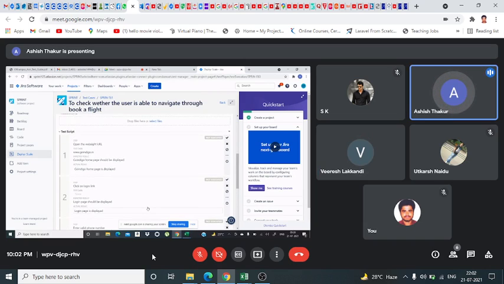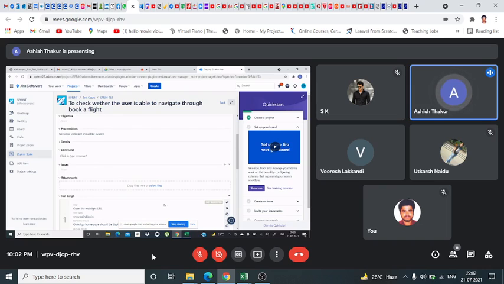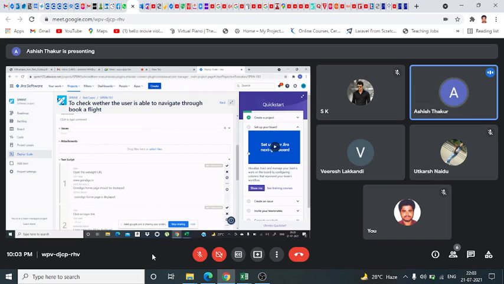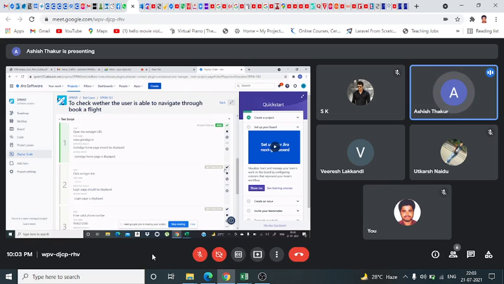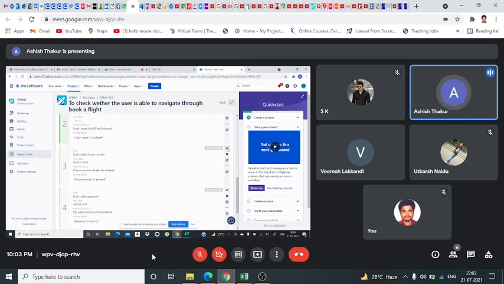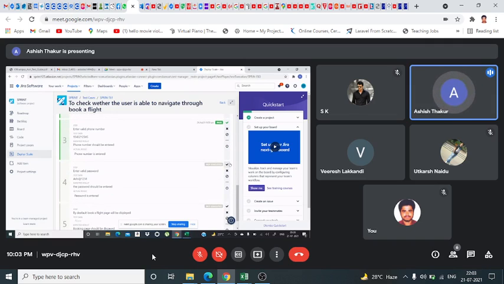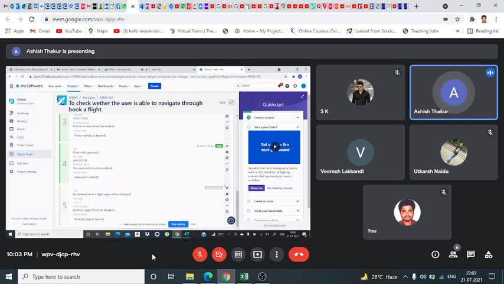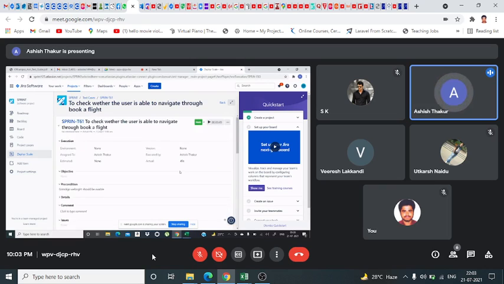Now these are all the actual data we have given. Now this is the execution part. This is pass, this is fail, this is block. So we did this, and we got the home page, so this is pass. Login page is open, this is passed. Number is taken, password is valid, this is all passed. Now when we do the last part, the timer will stop, meaning all our test cases passed. See, the timer will stop automatically.